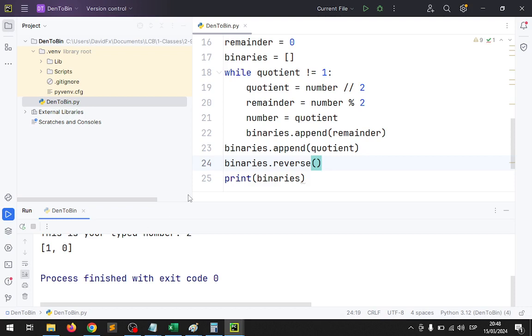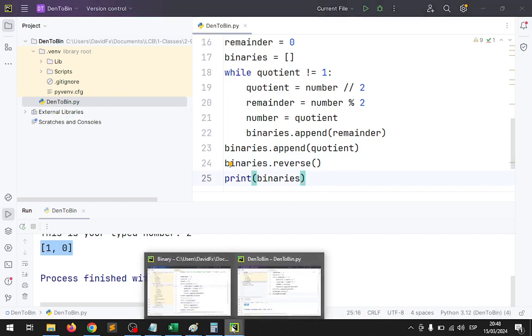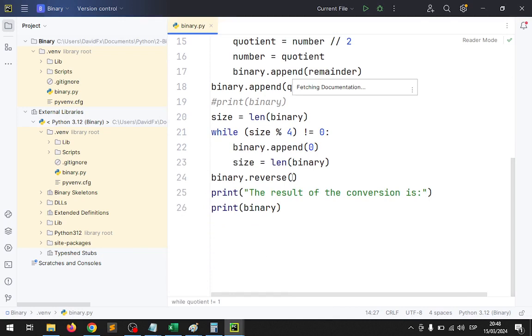But you may say, Mister, but you told us that the binary numbers must be represented by number of 4 bits. That means that here we are missing zeros. But just for now, we are going to stop here. Later, I'm going to explain to you how to do this. What we need to do